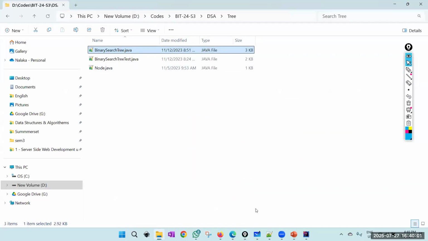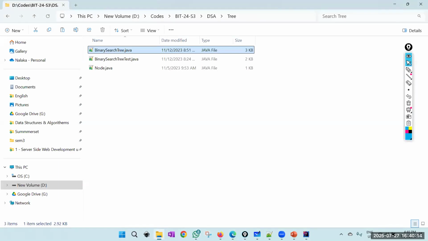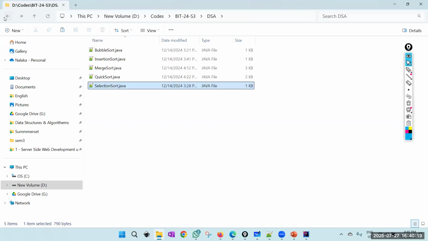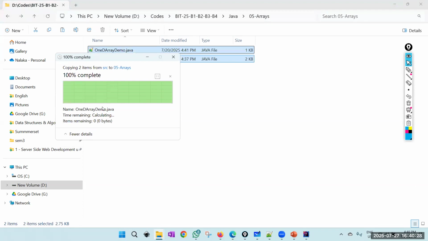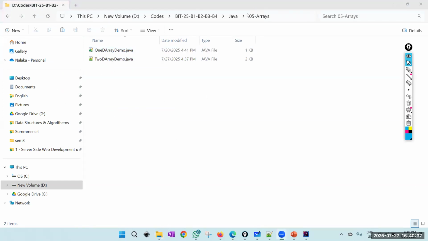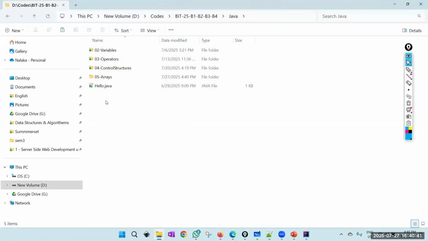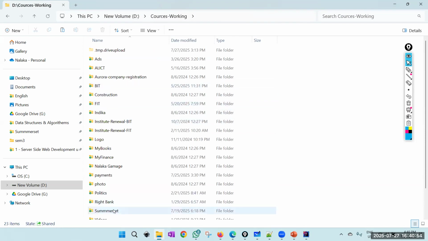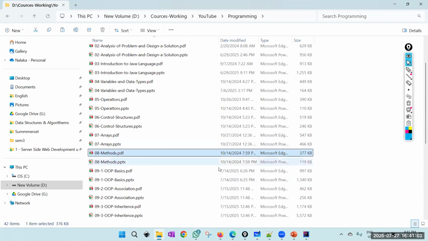Right, methods. So let me copy this code. Six methods. Right. Methods are